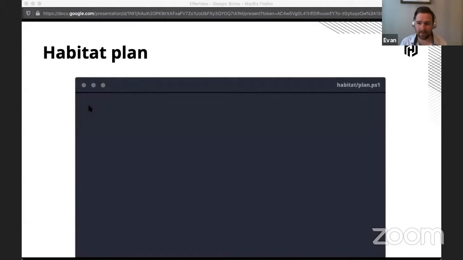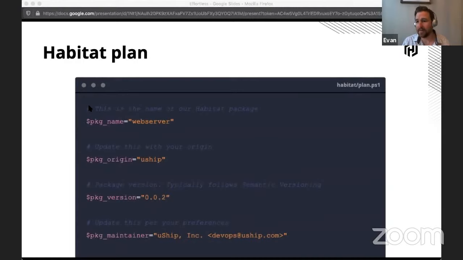So we'll take a look at the plan real quick. Plans are written in either Bash or PowerShell, depending on which system you're on. So it's nice because if you're a Windows developer, you can pick up and start writing your Habitat plans in PowerShell very easily. So the first part is pretty self-explanatory. I mean, basically just the package name and the origin. The origin is kind of like